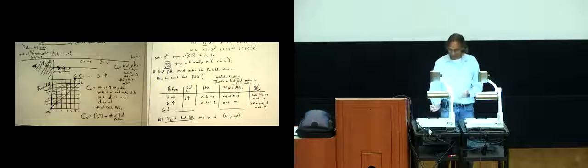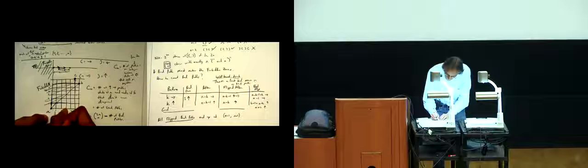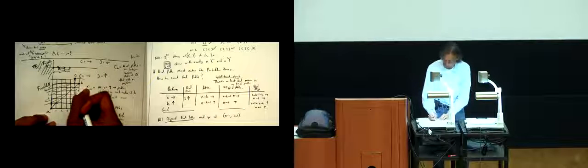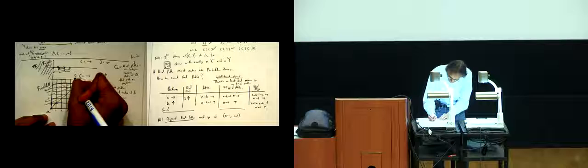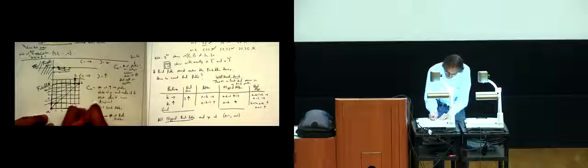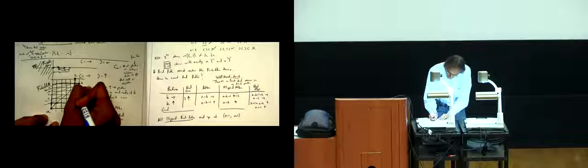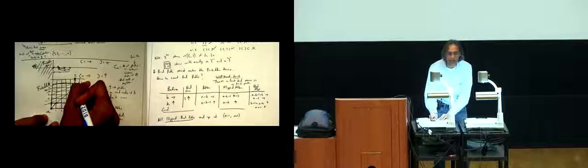Let's take another one. Let's say one that's good for a really long time, right? And then it comes all the way to here, and then it goes bad. Okay? So it was doing something nice here. It was very, very conservative. And then it just went bad. Okay? What happens? We flipped this move, which is a right move, to an up move. Again, we end up at C.